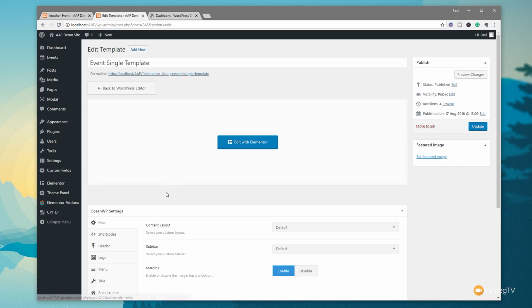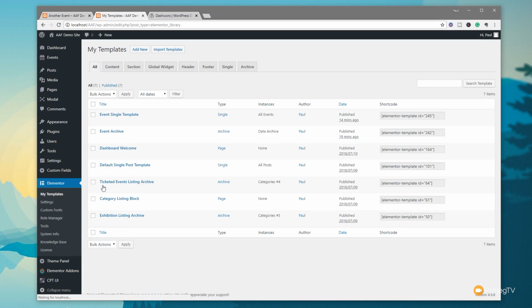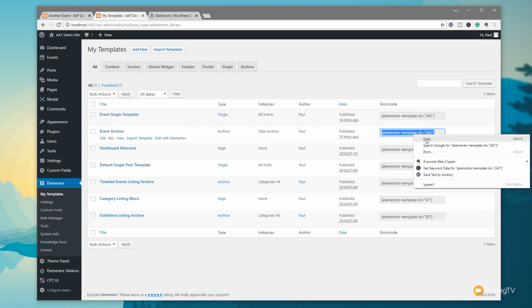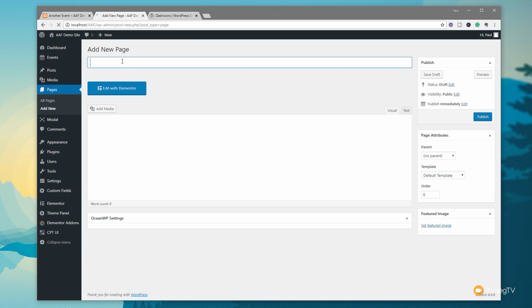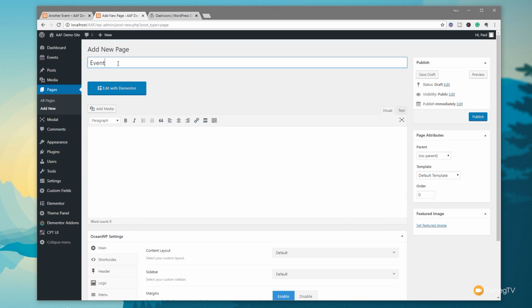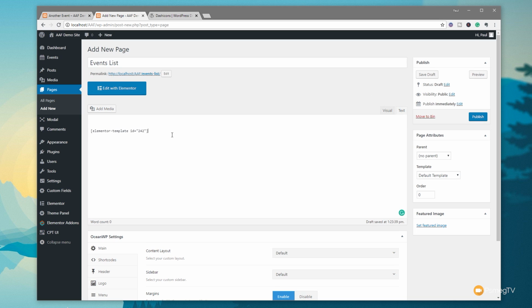So to jump back over, we're going to jump back into Elementor, into my templates. And you can see there's the template code. So I'm going to simply copy that. We'll come back in now to our pages, and we're going to say we want to add a new page. So we're going to call this events list. And what we're going to do is we're simply going to drop in the shortcode. So we're going to jump over to the text, drop the shortcode in there, switch back,